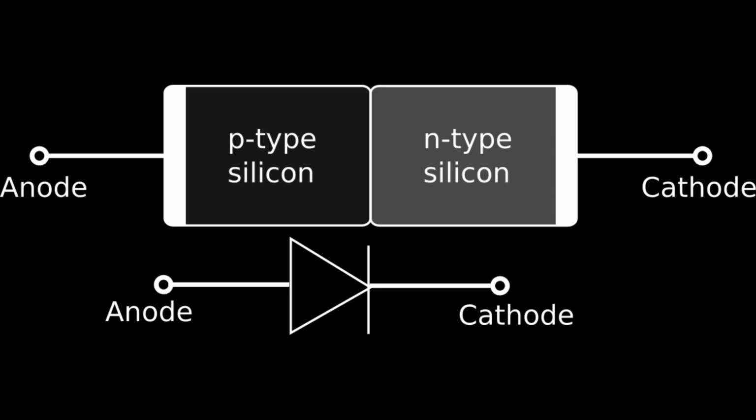A PN junction diode is made up of semiconductor material. It consists of two layers of semiconductors. One layer is doped with P-type material and the other layer is N-type material. The combination of these P and N-type layers forms a junction known as a PN junction, hence the name PN junction diode. It allows the flow of current in the forward direction and blocks it in the reverse direction. They are also known as rectifier diodes, used for rectification.